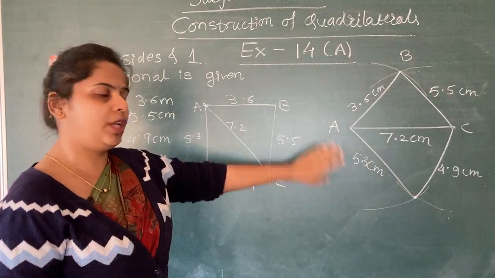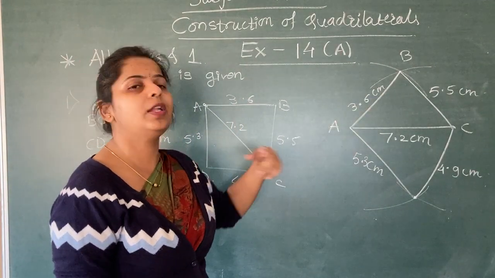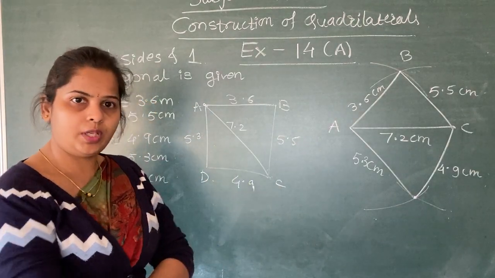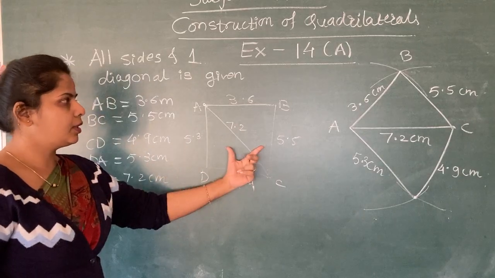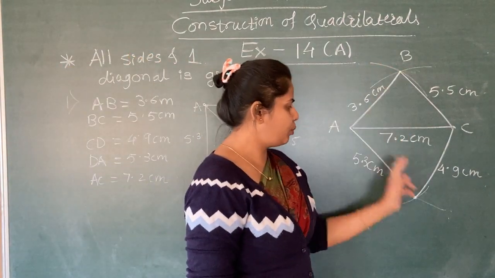If you do not draw a sketch, I'm not saying you will make a mistake, but probably you will make a mistake which can be avoided if you have a rough sketch. Okay, write down the given data, the rough sketch and your fair diagram. Clear? All the arcs should be filled.